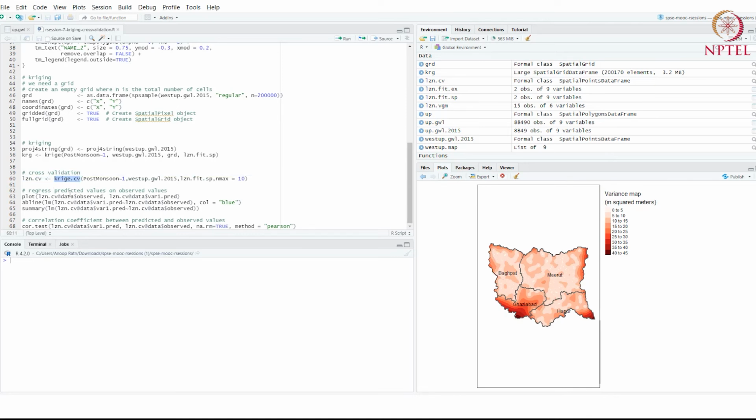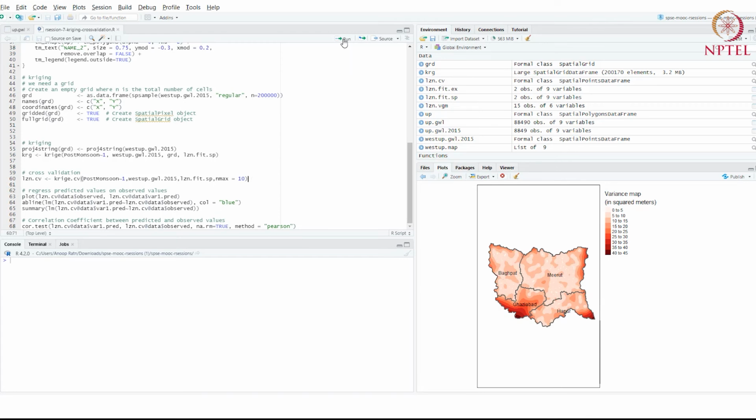And cross-validation, what it does is it basically takes out one observed value of groundwater level, predicts it using the rest of the data. So then at that location, you have an observed value as well as a predicted value. So you can compare how good your prediction is with what was observed.